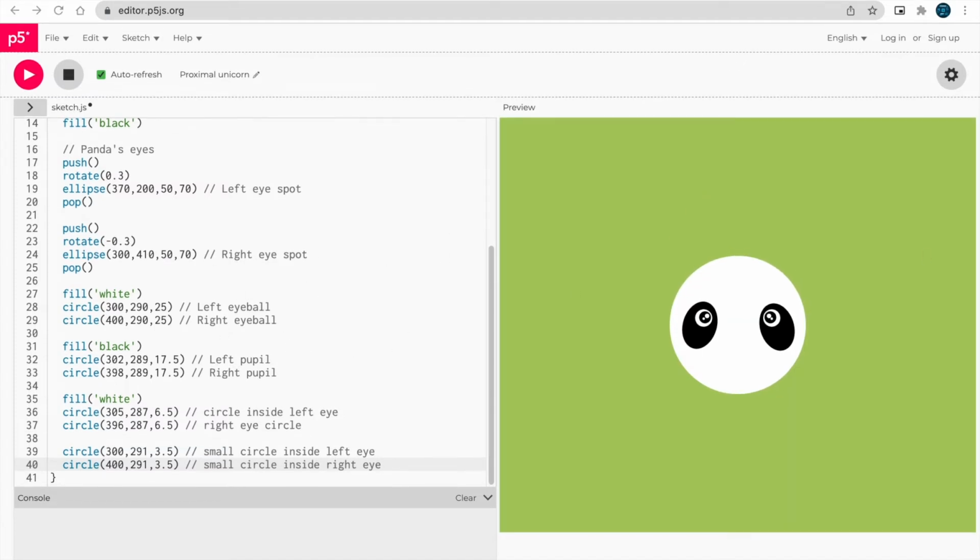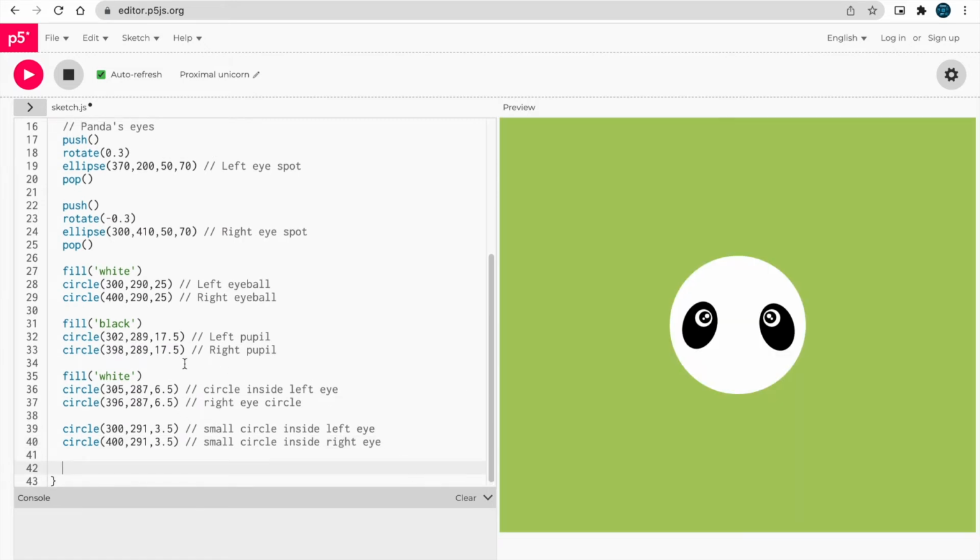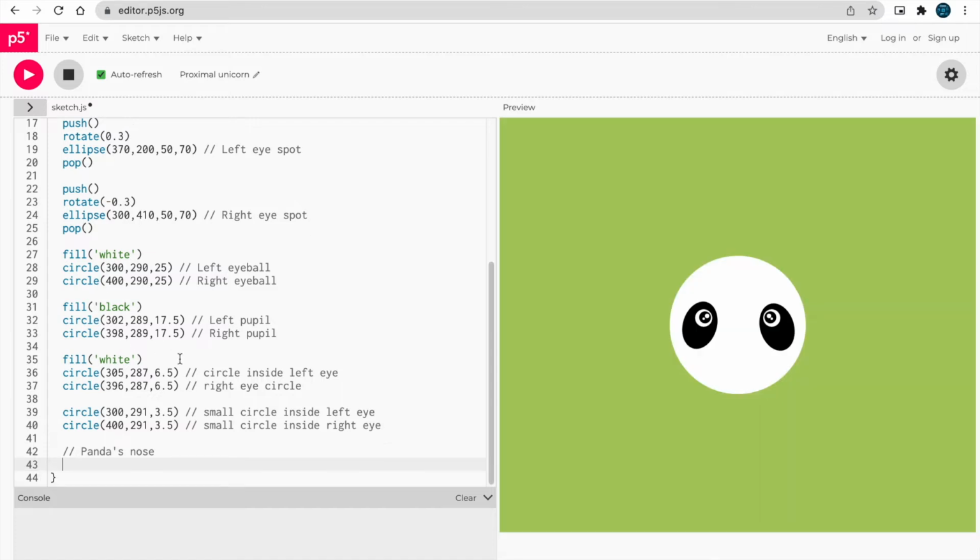Now we can go to the nose. We are using simple shapes here, so the nose will be no different. It's the panda's nose. For the nose we will be using an ellipse.